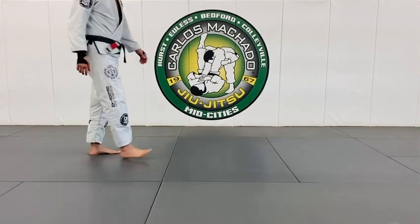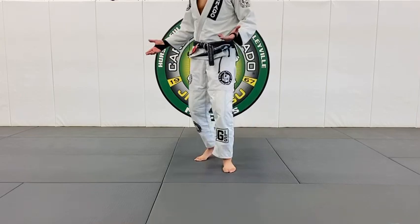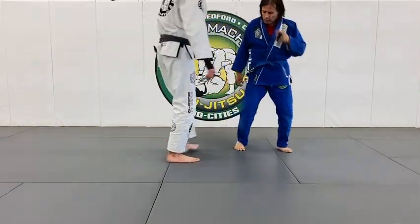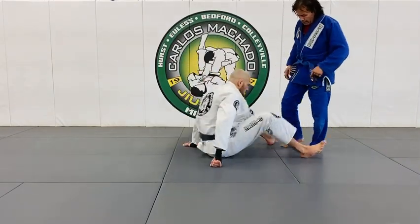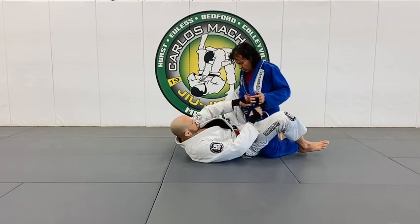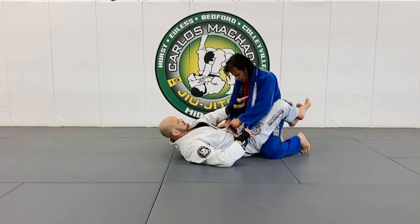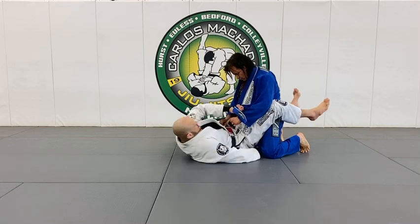I do have to say that I am a big fan of lapel guard. It's very efficient. It's very complex for the person who is stuck in this scenario. So most everything you do is going to be off of their left lapel. Okay? Whether it be